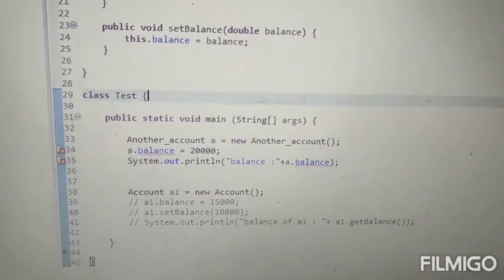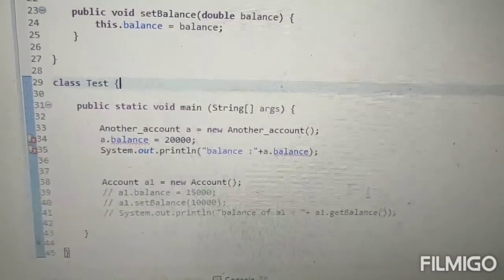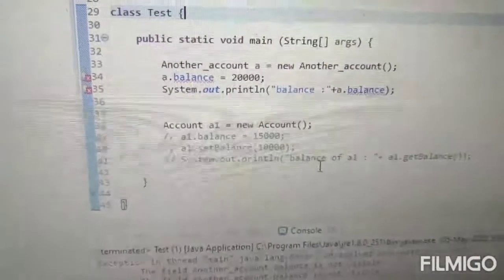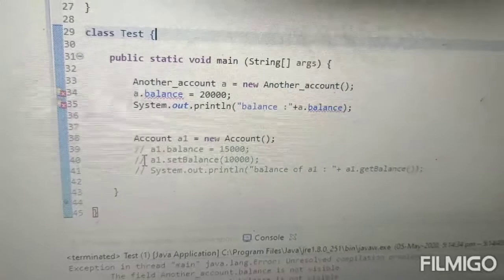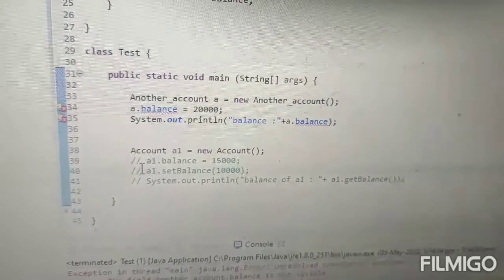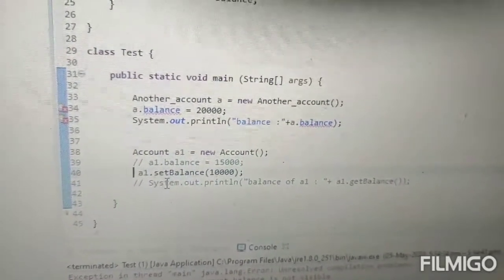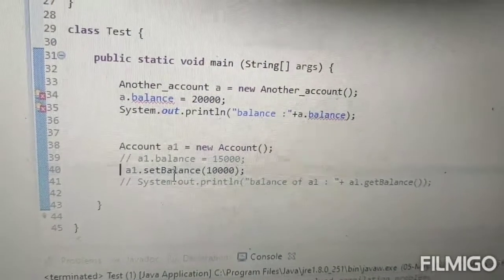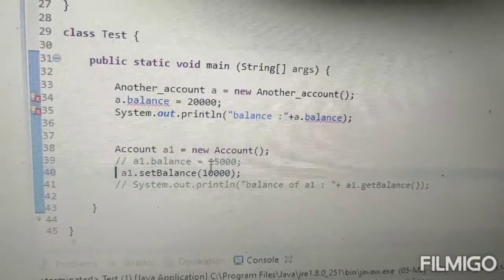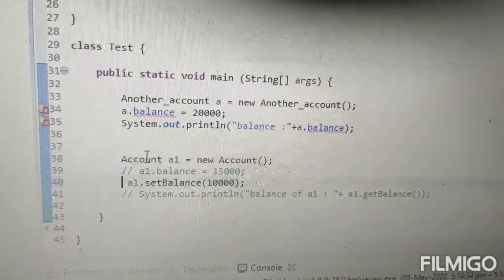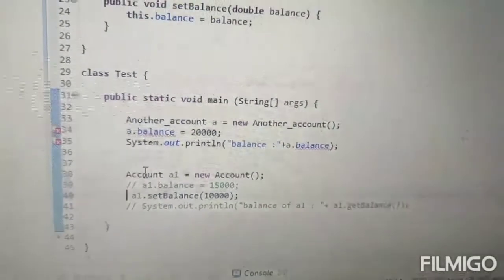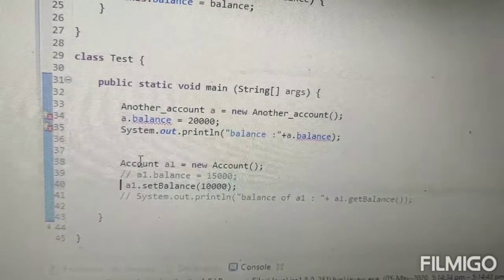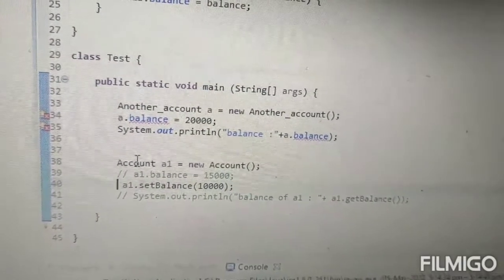Here I have called the setBalance method, which is present in the Account class and which is public. Because its access specifier is public, we are able to call it directly outside of the class.